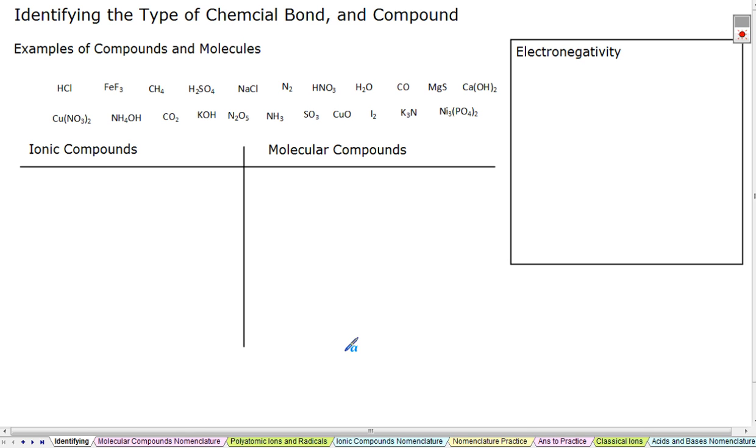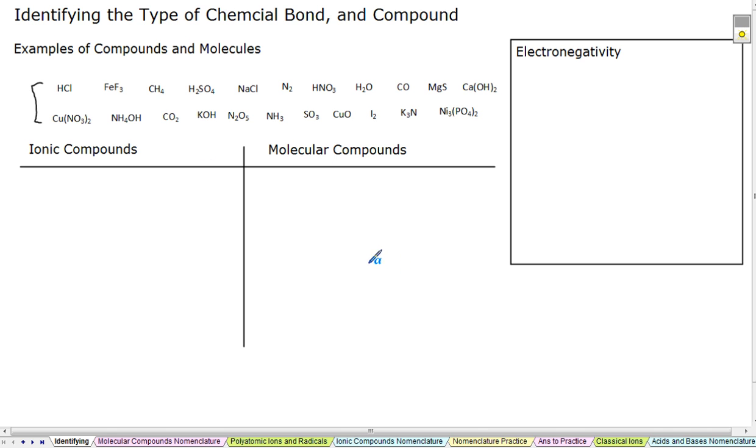Okay, this video looks at identifying the types of chemical bonds and the types of compounds, and then how we go about naming the compounds based on their types. What we've got here in front at the top of the page is a host of different types of chemicals. And what we want to do is be able to isolate them, whether they're ionic compounds or molecular